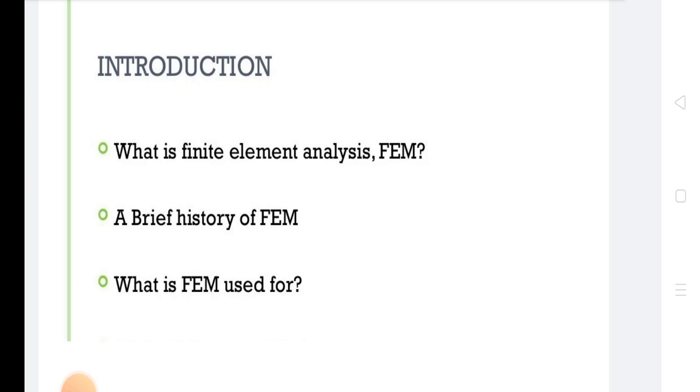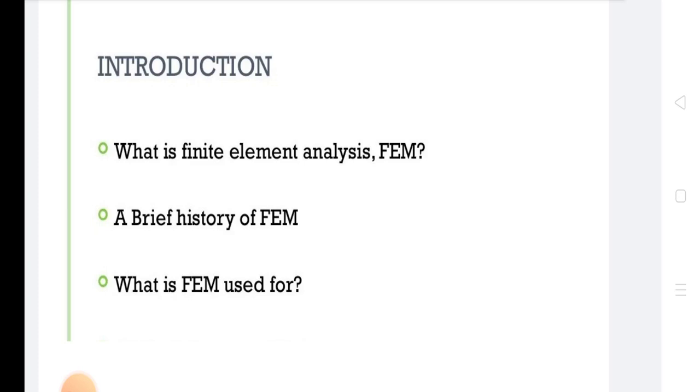Now we discuss the difference between FDM and FEM. This is a very important difference. FDM makes a pointwise approximation and ensures continuity only at nodes. FEM makes a piecewise approximation and ensures continuity at nodes as well as along the sides of the element. In FDM, the solution can be obtained only at the nodes. In FEM, the solution can be obtained at the nodes as well as at any point within the field using shape functions.